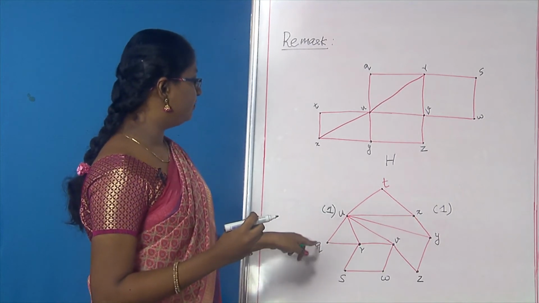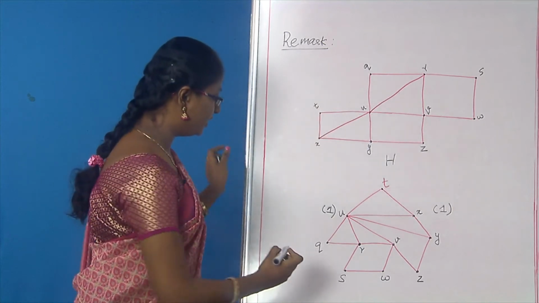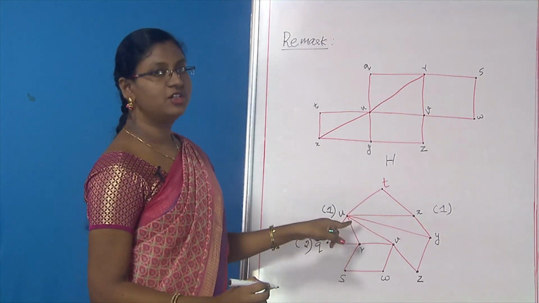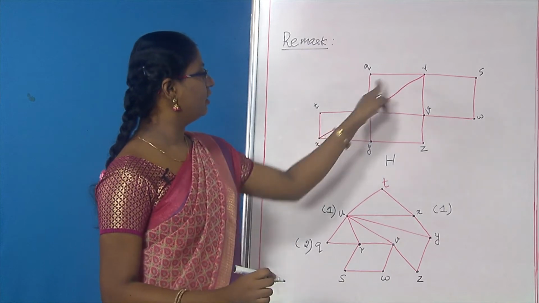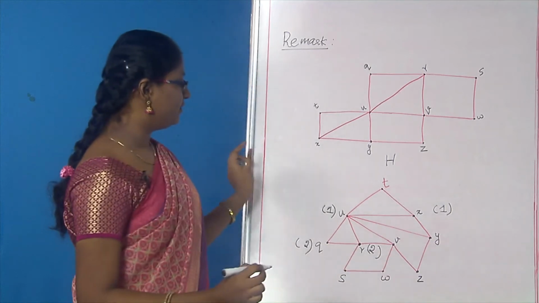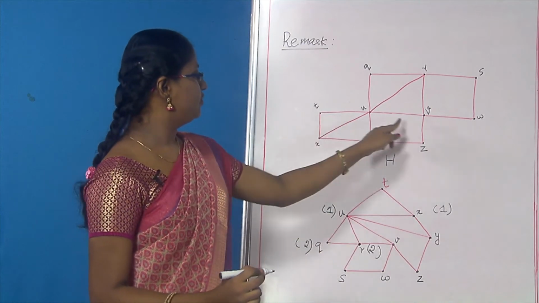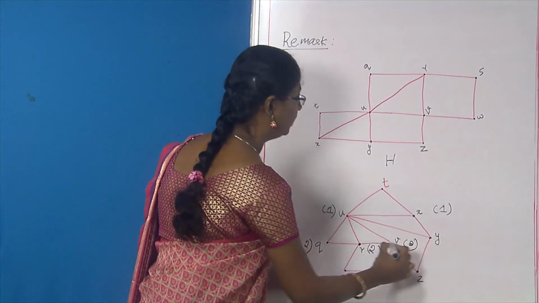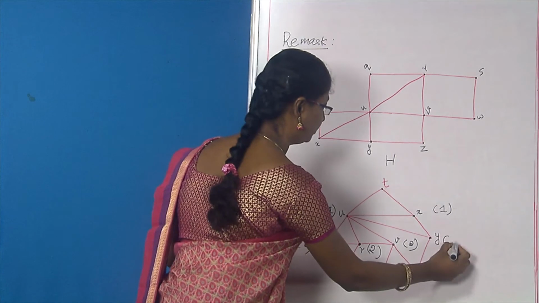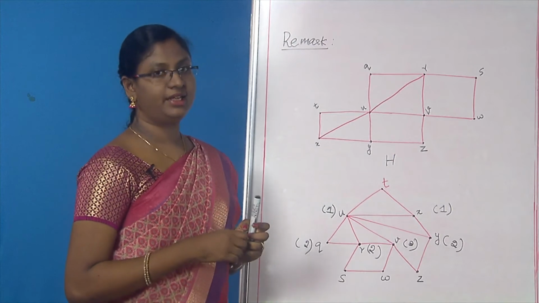So, consider the distance from T to q. That is 2. And if you consider the distance from T to r, that is also 2. You can go like this: T to u and u to r, that is also 2. And what about the distance from T to v? What's your guess? Yes, it is also 2. That is 1, 2. And the distance from T to y is also 2. You can go like this, 1, 2. Okay, so here I have collected the vertices whose distance from T is 2.